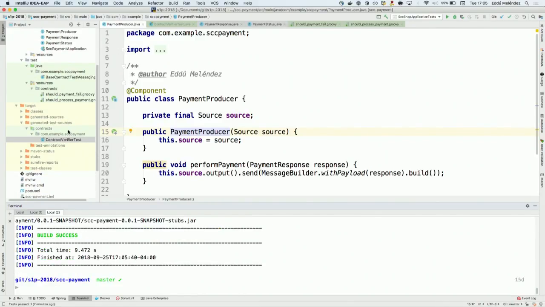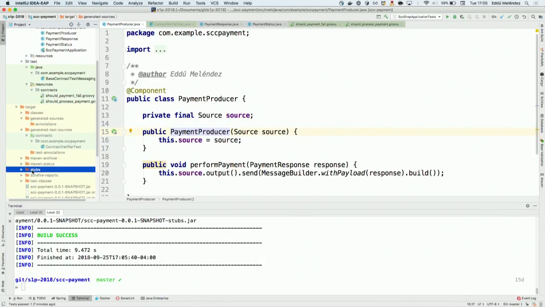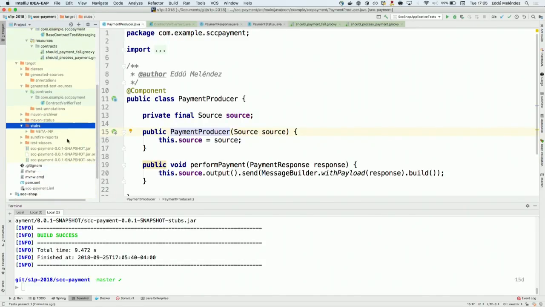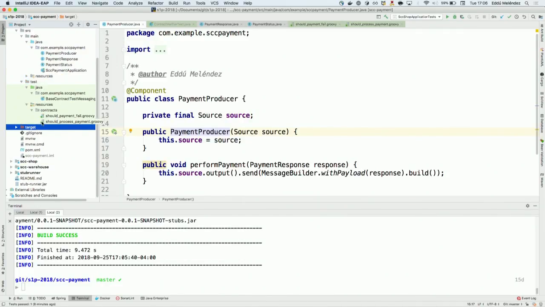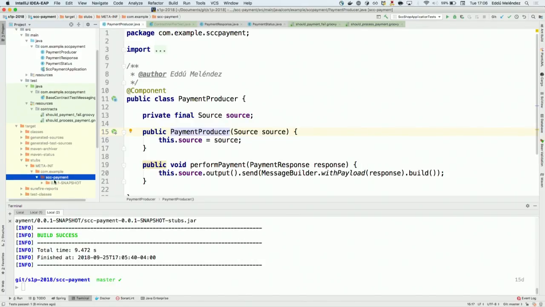Okay, our implementation is here. The test is passing. The other thing that we have in generated sources will be the stub descriptors. Where are they? Okay, so it's actually configurable where you will get the